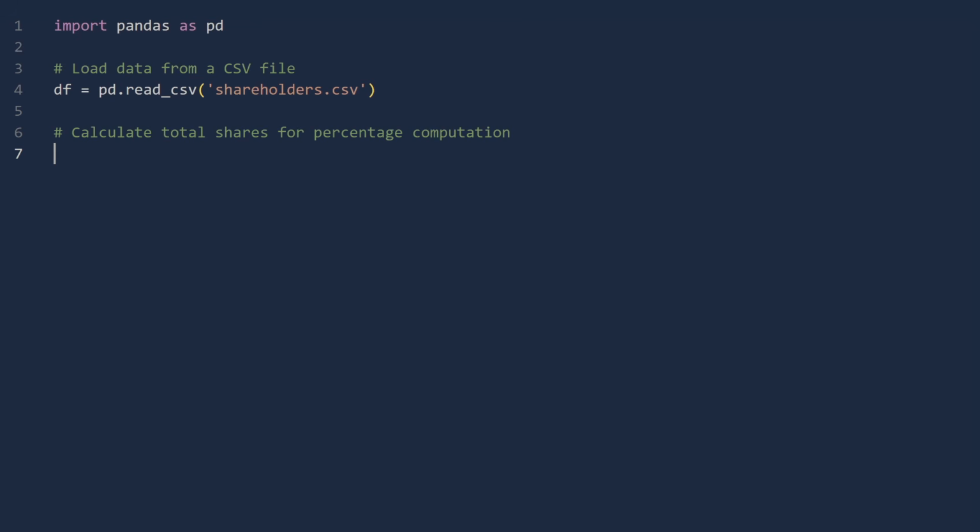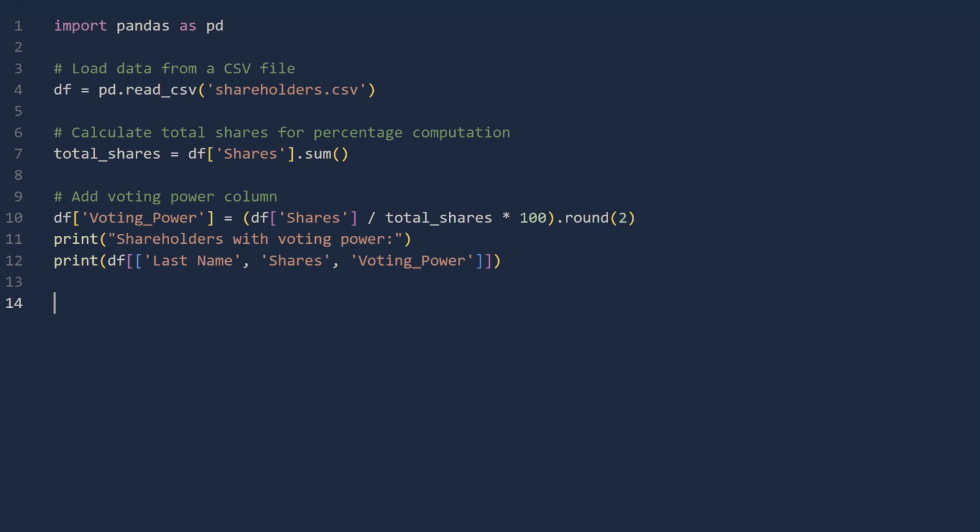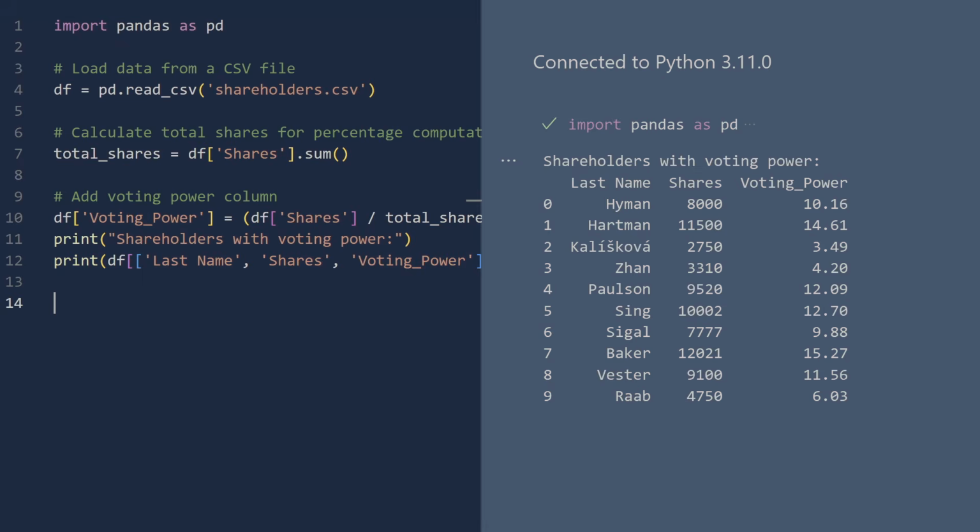This requires both arithmetic and assignment. First, we compute the total number of shares. To create a new column, simply assign data to this column. For the voting power, we divide the number of shares by the total number of shares and format it nicely. Run. Notice how Pandas performs the calculation across all rows simultaneously.